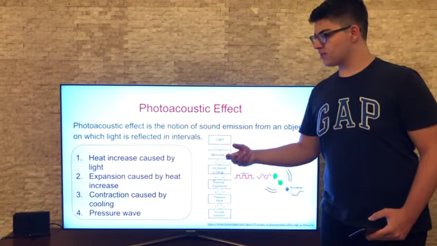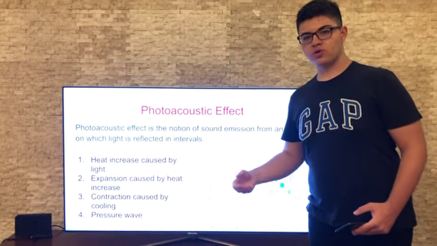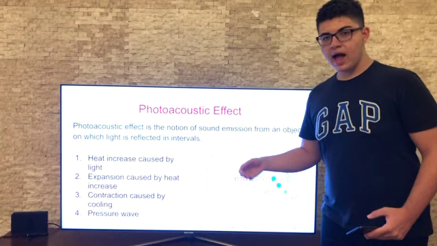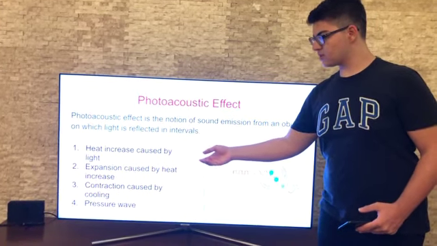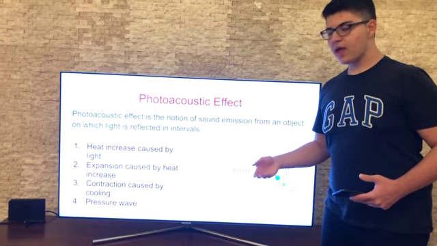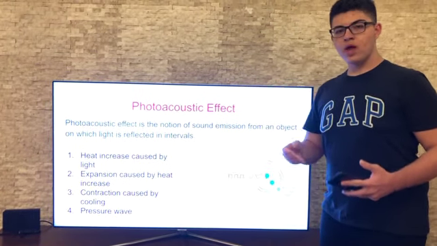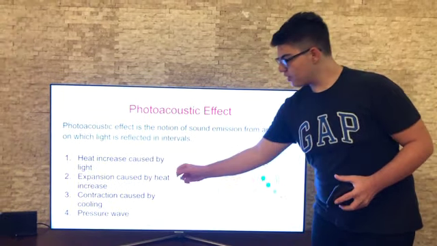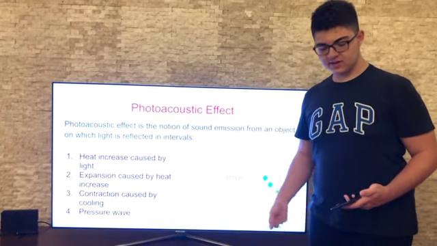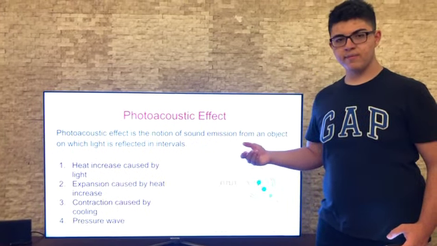With this heat increase, an expansion also occurs on a microscale. And because of the intervals when there is no light hitting the substance, cooling occurs and so contraction occurs. With this continuous expansion and contraction, a pressure wave forms which can be detected as an acoustic wave, and so